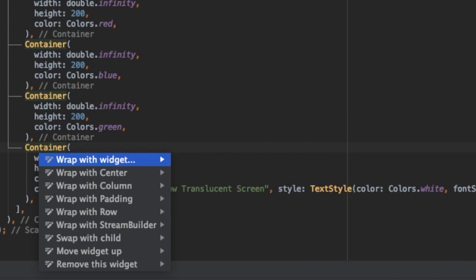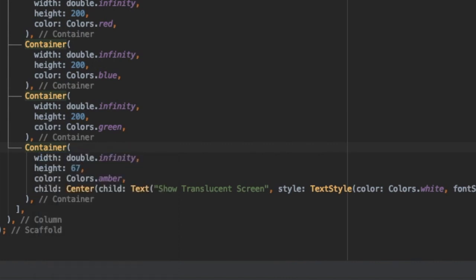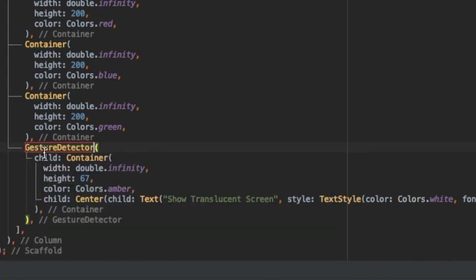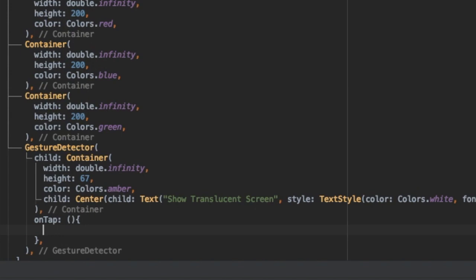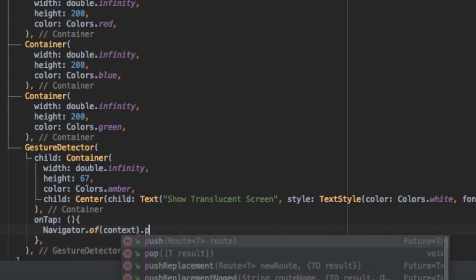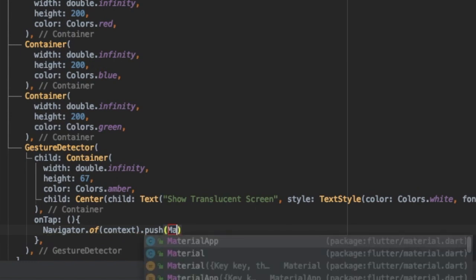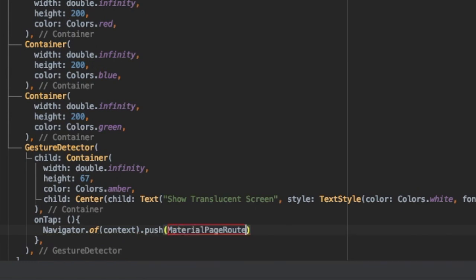I'm going to wrap with a widget, GestureDetector, and on tap I'm going to create an anonymous function, Navigator.of(context).push, MaterialPageRoute, builder, context arrow function, second screen.